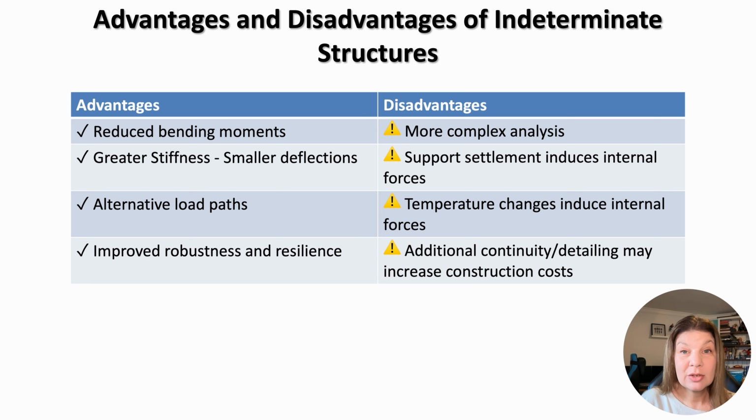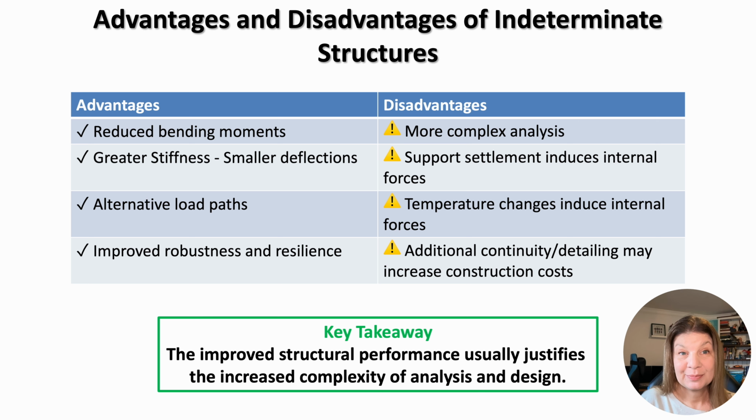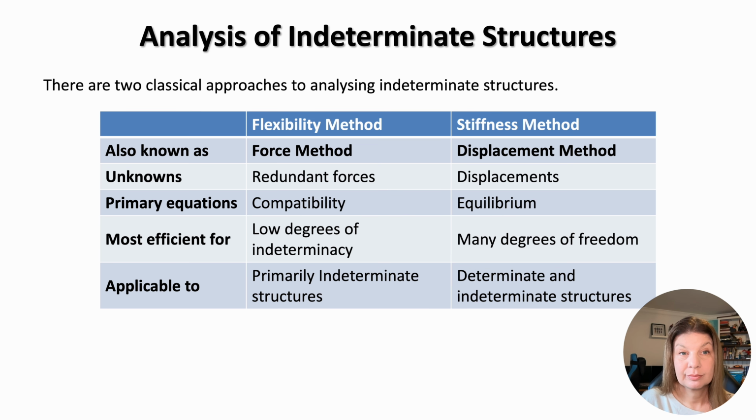And this is why continuous beams, rigid frames, and many other modern structures are deliberately designed to be statically indeterminate. So the key takeaway is that the improved structural performance of indeterminate structures usually justifies the additional complexity of analysis and design. So now that we've seen why engineers use statically indeterminate structures, the next question is, how do we analyse them? So, as I mentioned in the beginning, historically there are two classical methods that were developed, and they're